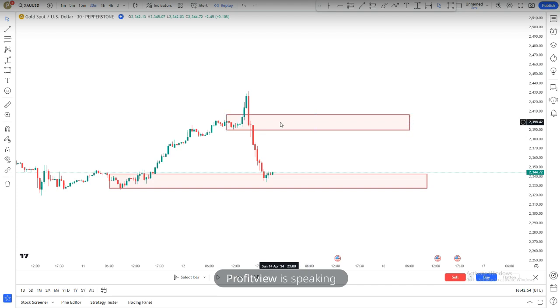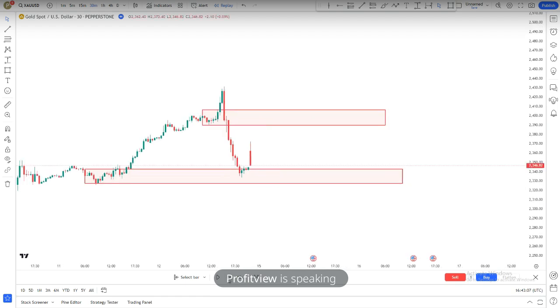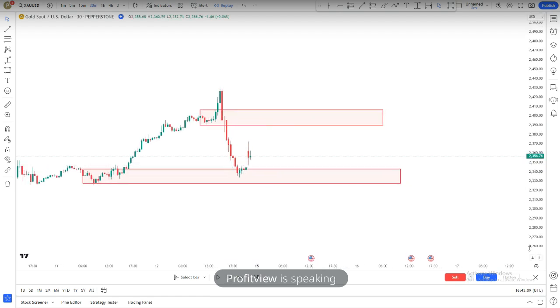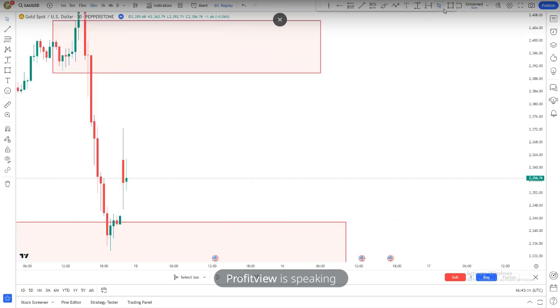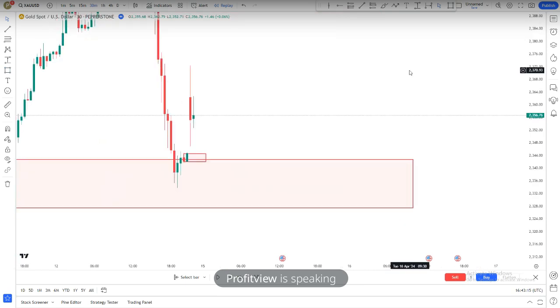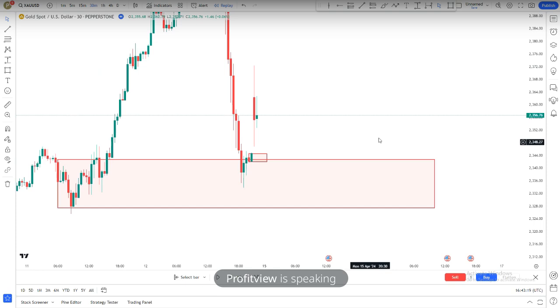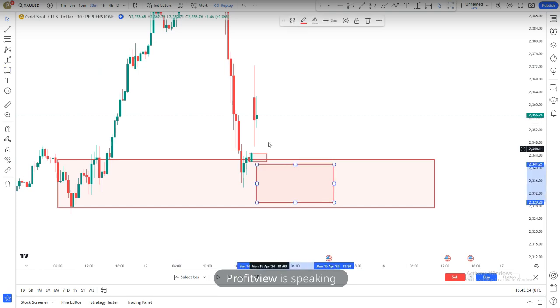We will look for an engulfing, as it is a sell zone, it will create an engulfing sell zone on 30 minutes, and as it is the buy zone, it may create an engulfing buy zone in this 30 minutes. So if you see now, it did create an engulfing buy zone in here, this here, but as I said, we need to see something, and as an engulfing buy, as it is an H4 buy area, we need to see something which will be created exactly in the zone